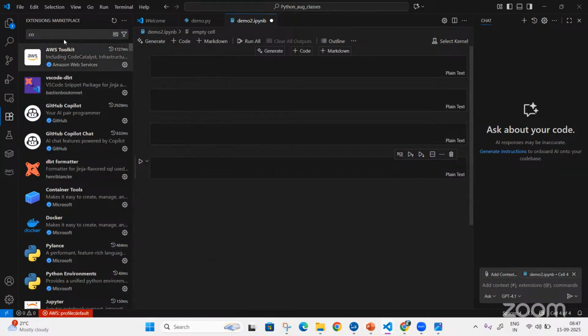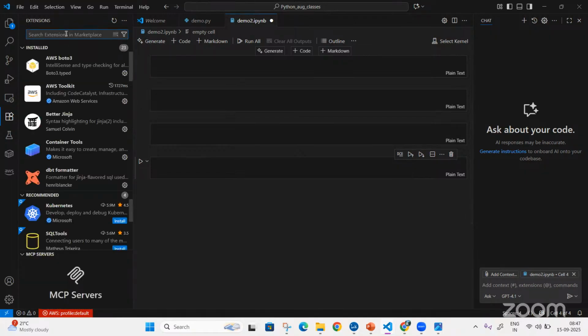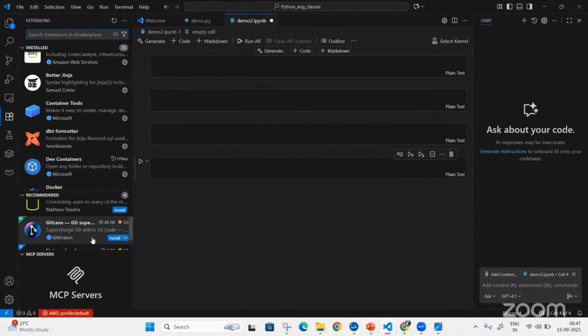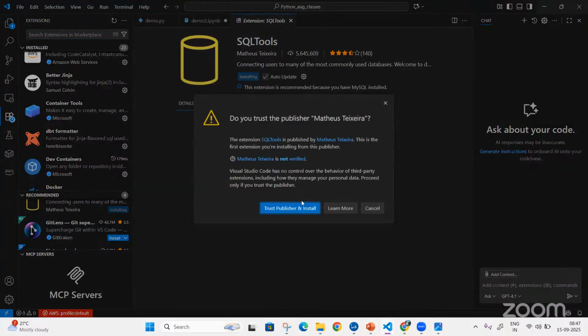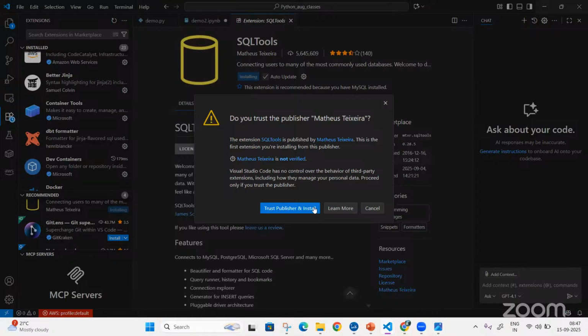No, what happens is inside your VS Code, these are extensions or some kind of patches which you can directly install. You don't need to install again separately. Inside only, for example, I have this SQL tool here. If I click install, it will start installing. It will ask, okay, trusted, and install. You just click this, it will install. You don't need to do anything separately. Got it?